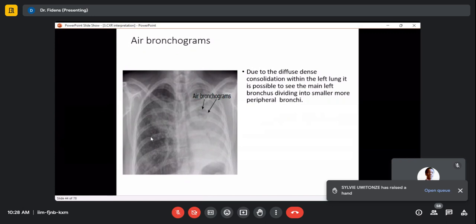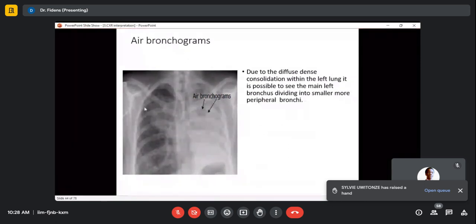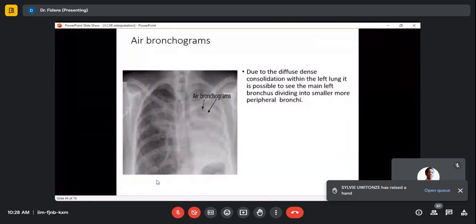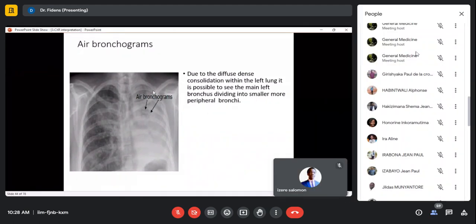Can you see them? Micronodular opacities in the right lung. I can see them. This is not normal. I hope you will have it with time. It will come with time, but you should have in your mind an image of a normal chest radiograph, how it looks, how the vessels look, so that when you see something different, you will know there's something wrong, even if you don't know exactly what. But here they want to just show